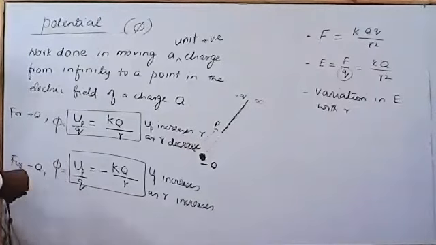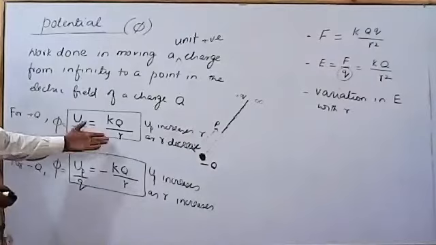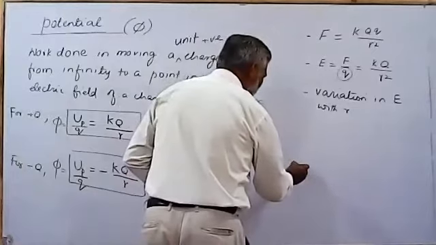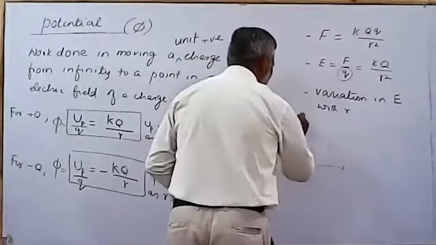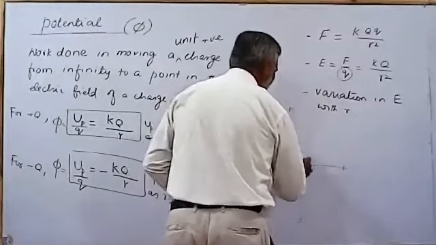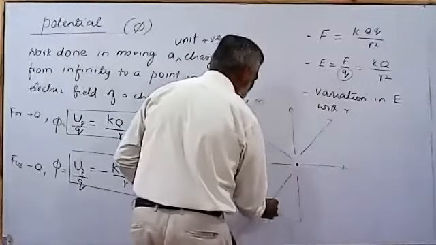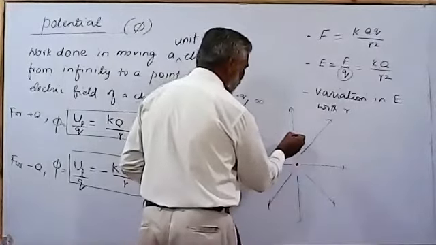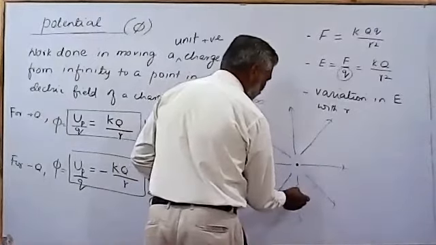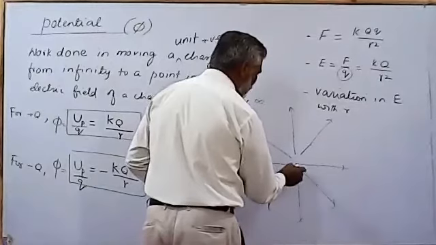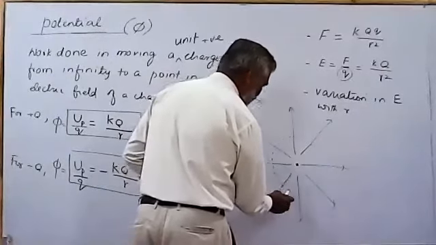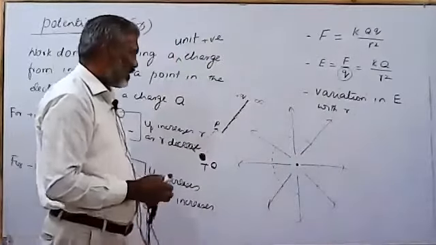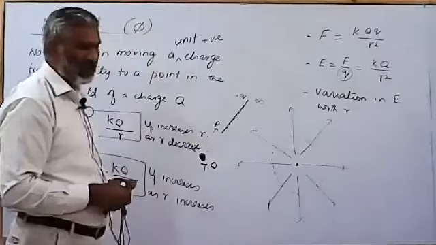For positive charge, it is a positive quantity. Potential is positive at all points in the field. So if I have a charge here, and this is its field, this is for positive charge first, at all points we have values of potential, but those points which are equidistant from this, at that circle, or a sphere, to be more accurate, we have the same value of potential at all points.